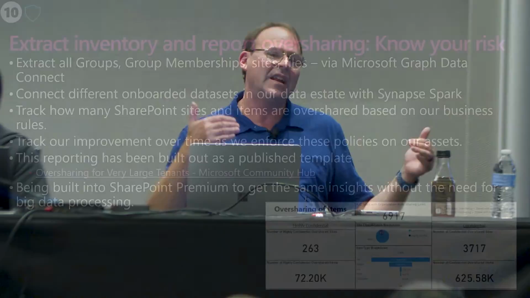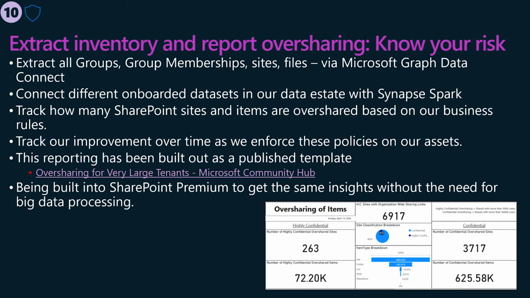The point is today and now, I have to go do this extract. It does exactly what I want there. I can figure out exactly how bad the problem is, and I can manage the entire data estate. And so for me, this becomes really important. By the way, I can also see where did someone actually use that people and organization link against a highly confidential file? Where do I have highly confidential files on general sites? I know all that. I can see the complete view of the data estate